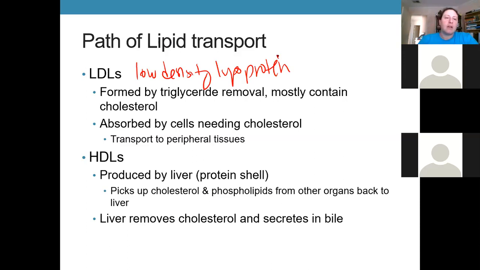blood vessel walls. So when we talk about people having high levels of cholesterol in their blood or their bad cholesterol's up, what we actually mean is that their LDL levels in their blood are high. And the interesting thing about that is the more dietary fats, the more dietary triglycerides you consume, the higher your LDL levels. Whereas the cholesterol levels in your diet actually have very little bearing on your LDL levels. So if you have issues with high cholesterol, it's not about watching your cholesterol in your diet, it's about watching